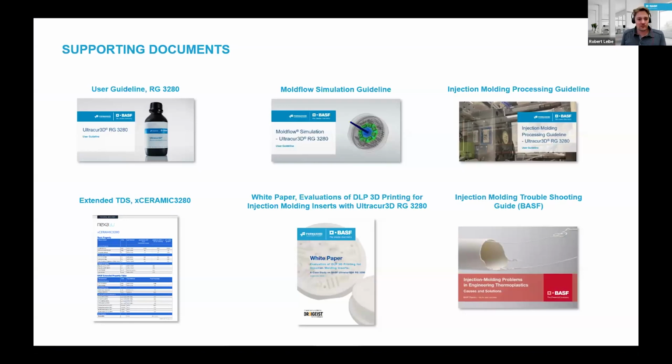Okay, so for everyone who's really interested in this solution and trying it out yourself, we have a broad variety of supporting documents to get you started. We have a user guideline explaining the printing of the material itself. There's an extended TDS with all the relevant information about the mechanical properties, thermal properties, chemical resistance, about the material itself. We have the mold flow simulation guideline, the injection molding processing guideline, and we, together with a partner, also made a white paper